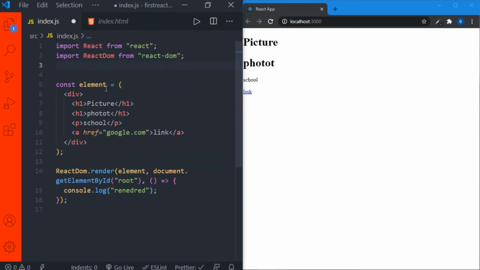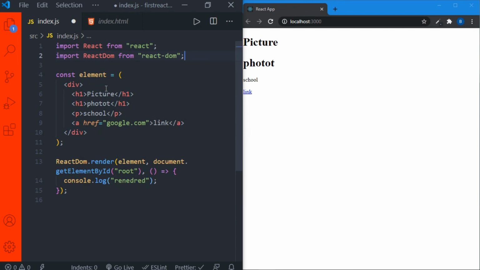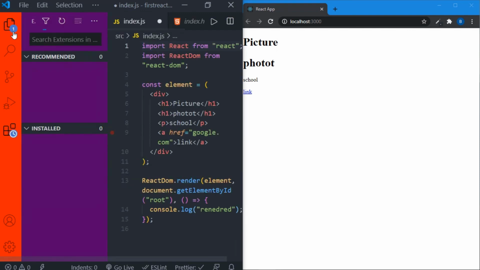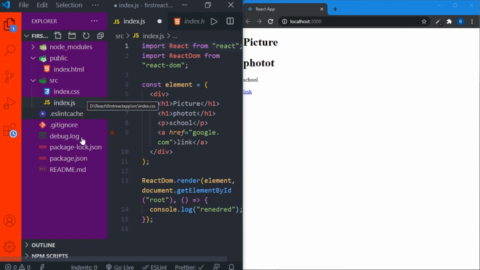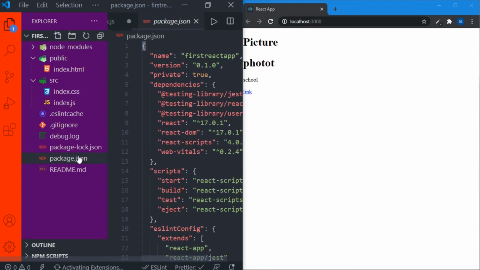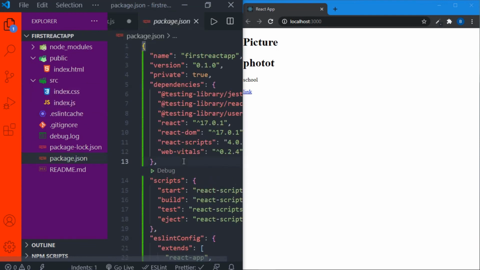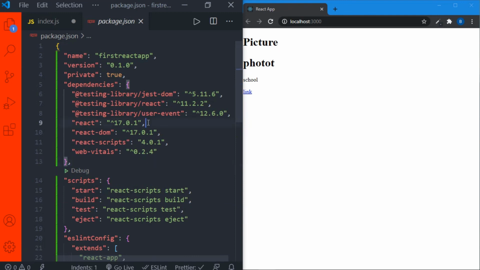So I think you understood what JSX is. See, but in the latest version of React, that is 17.0.1, you can get this from here. Just press Ctrl B and go to package.json and again press Ctrl B. See, you can see the version of React installed on this system. It is 17.0.1, right?